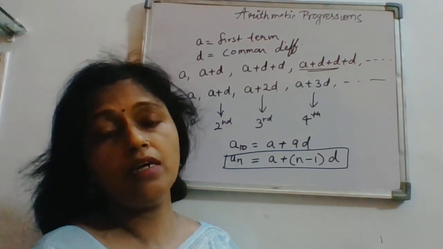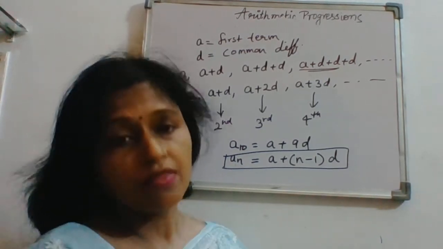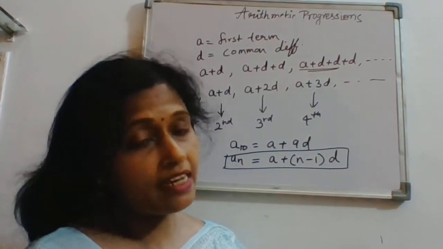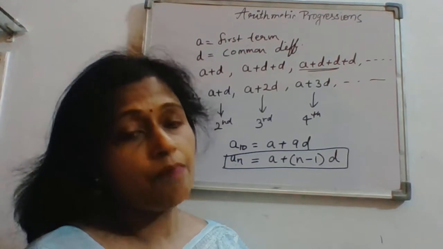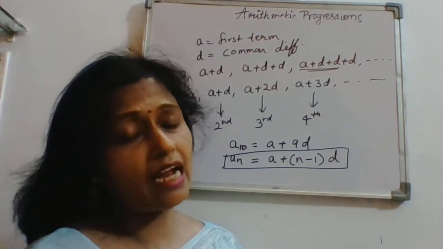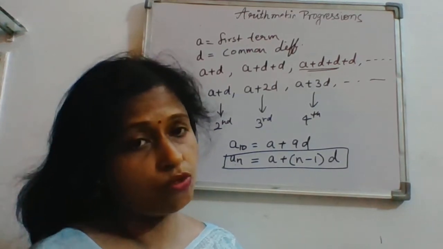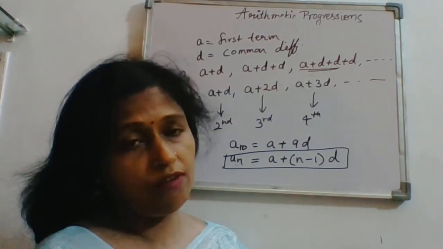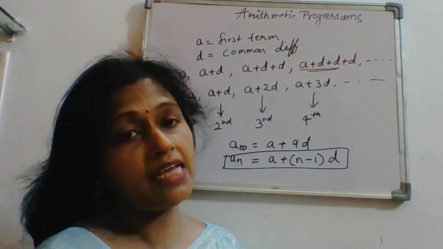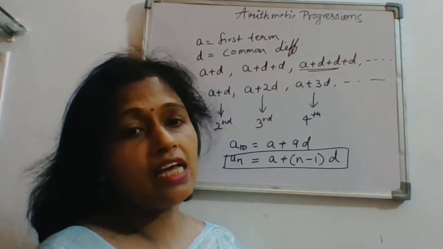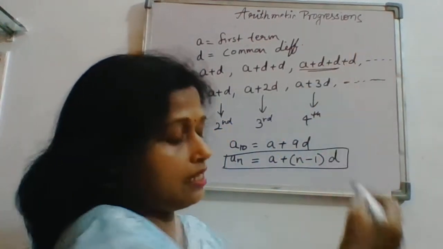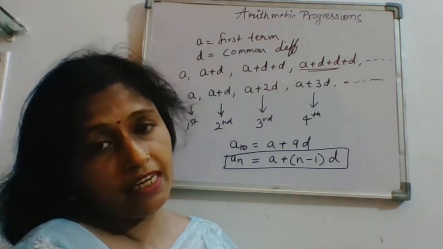This you have to remember when you are dealing with finite or infinite AP, just listen. Finite APs are the APs where the list of numbers is limited. That means we have the last term also. The list of numbers follows the AP, but the last term is also given to us, that is termed a finite AP. And when the last term is not given, when there is dash dash dash, that means it is your infinite AP.